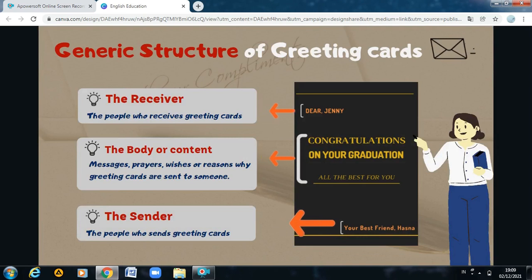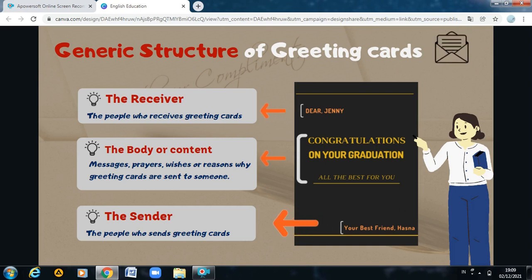Alright, for this slide, I mention the generic structure of greeting card. In this slide I have the exist and deficiency. For the exist, I use a moving icon in this slide so it looks interesting and not monotone. I use icons that are not vulgar and, of course, in accordance with the material which I convey in